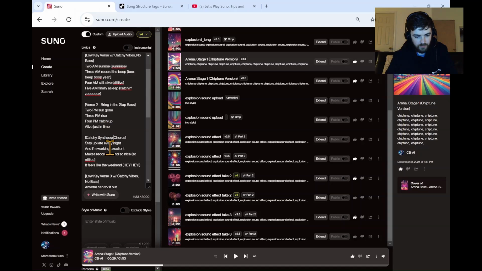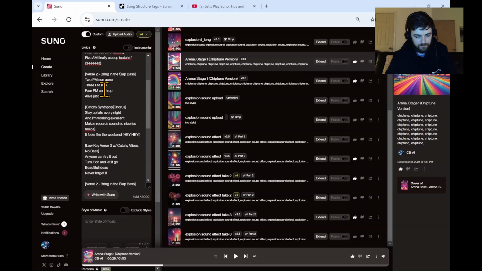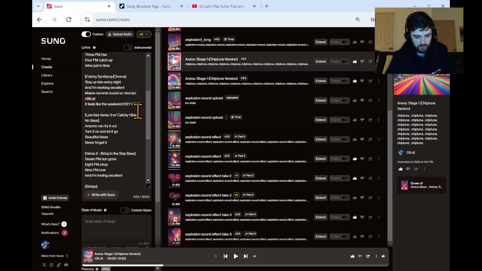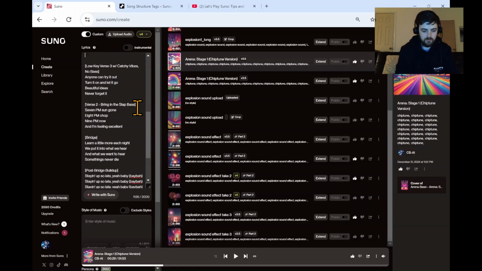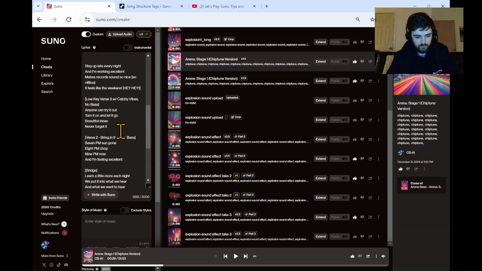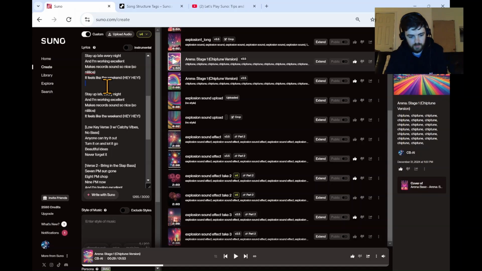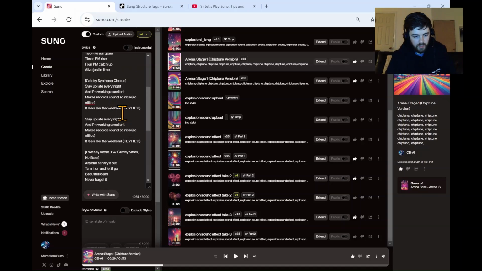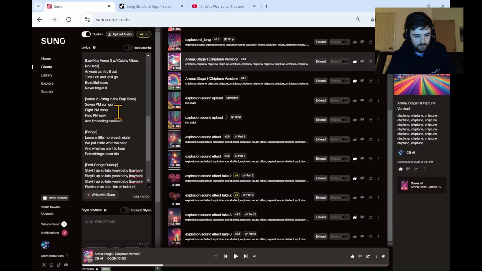I also don't like it when there's the chorus only one time. Let's make the song a little bit longer by repeating it twice, like this. Oops, okay. Don't need two blanks there. And then let's put this here again after verse 3, or excuse me, verse 4. Let's do this.